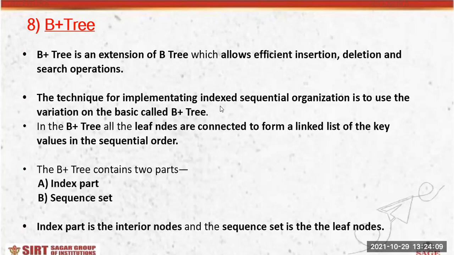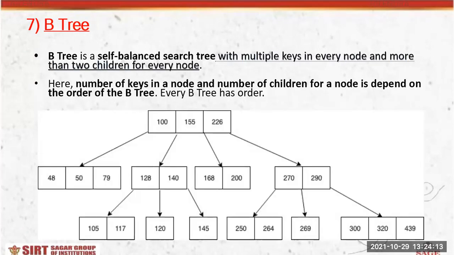So you are indexing the sequence, or you are indexing the hierarchy. Let's suppose this is your hierarchy. You want to index here 128, so that after 128, different types of data should be inserted. Or I want to search something according to the index, because it is very tedious to search billions of records. Okay, it is very tedious to search billions of records.